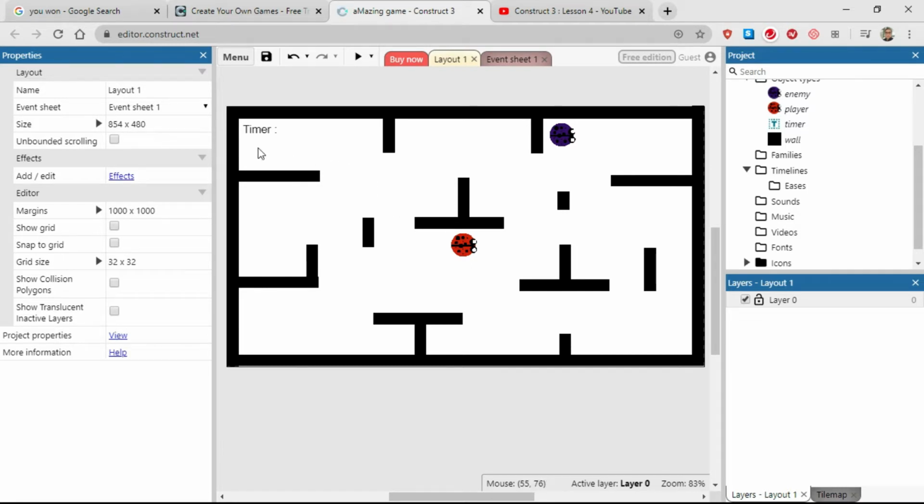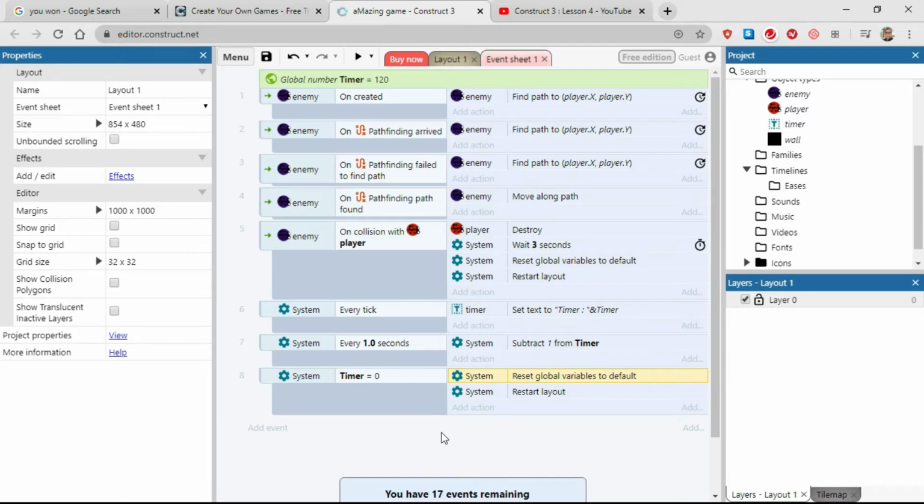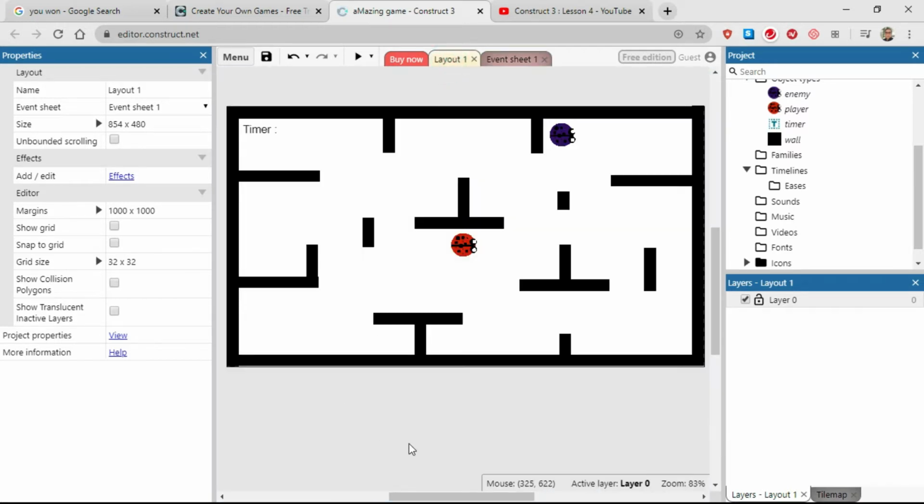All right, I think for lesson 4 we end our lesson here. I believe we already did the timer, and the event sheet we did cover: how to create a global variable, and then the collision with the player, and then the player will destroy it, and also we put in the wait system, and of course how to actually restart layout. So for today, I'm going to add on to this game,